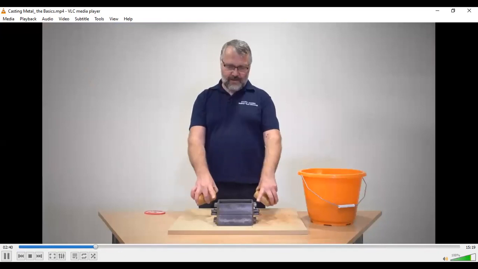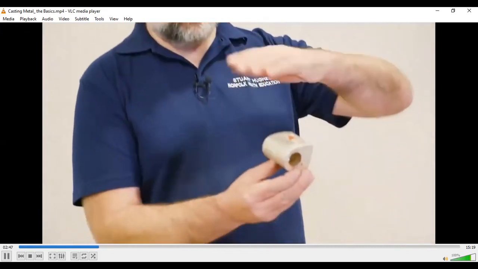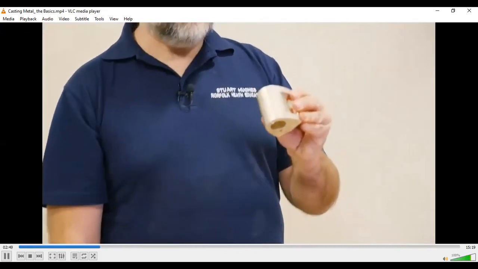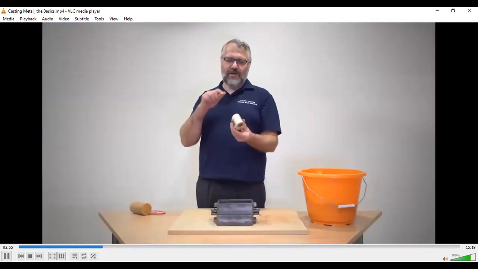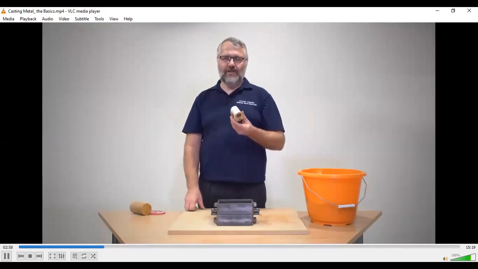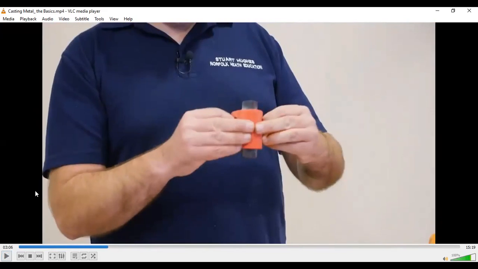Same way that the pins locate the boxes in the flask. We've already thought about using a split pattern so that you can take the two halves separately. But how can we produce the hole through the middle without having to drill it out? In industry, obviously producing something and having to machine a lot of the metal away is time consuming and cost consuming. So producing it with the hole already in place is an advantage. So we're going to use a pattern